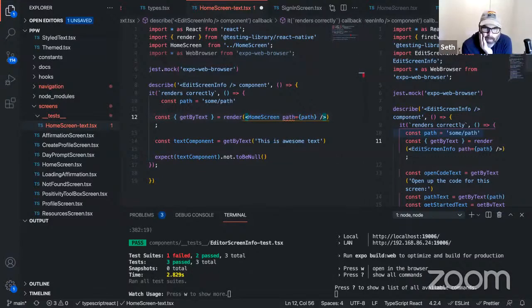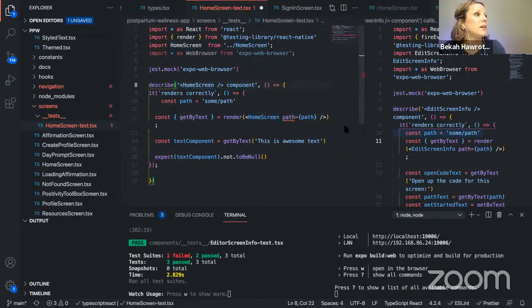Yeah, okay. So the big question is just what is this path, right? Because if we don't know what it is, we're not going to know what we're copying and pasting or anything. So that is a little bit, if anybody in the chat knows that or has any ideas, let us know. Oh, wait, here, first of all, we've got this wrong. We still have edit screen info in here. We need to get rid of that.